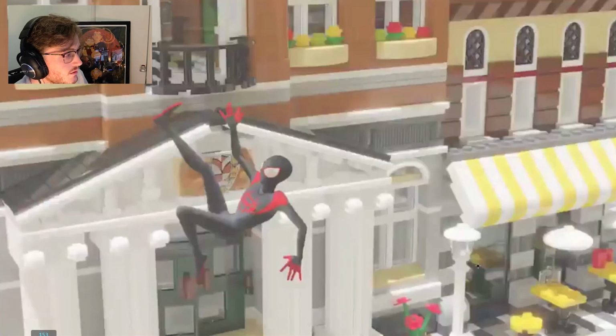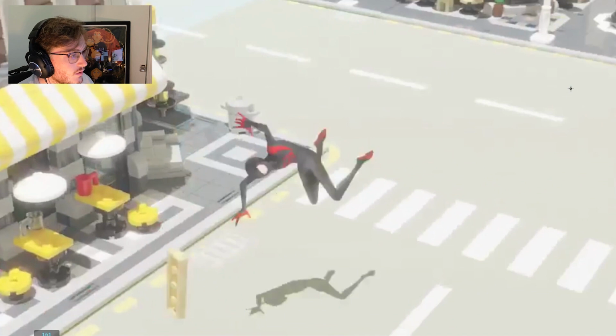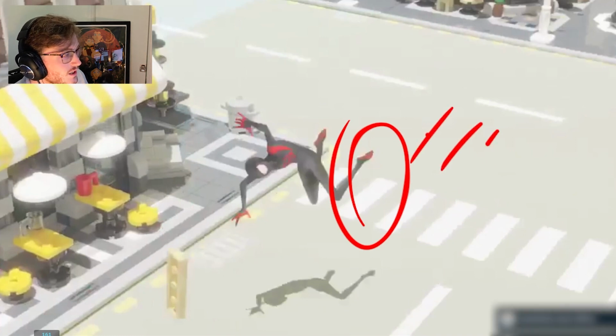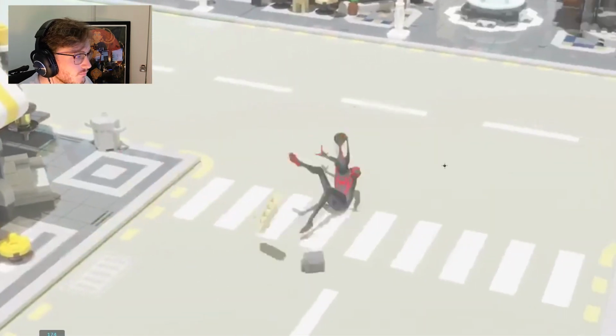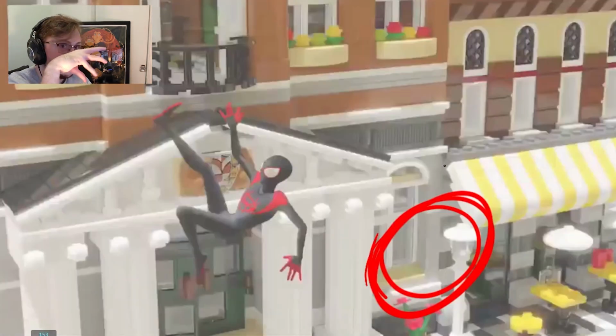So at this point, he would probably be more in this area. And then as he bounces off, he'll probably become somewhere more in this area. So this line, just to get a point of reference, you can see these little crossings over here will probably be more over there. And then the camera rotation would catch up a little later. So slightly offset from each other in terms of the relationship between the character and the camera.